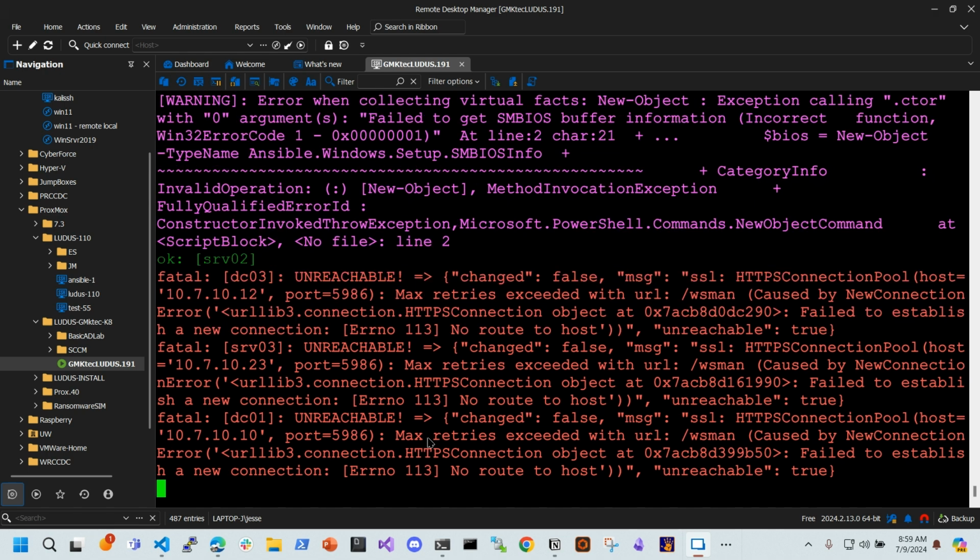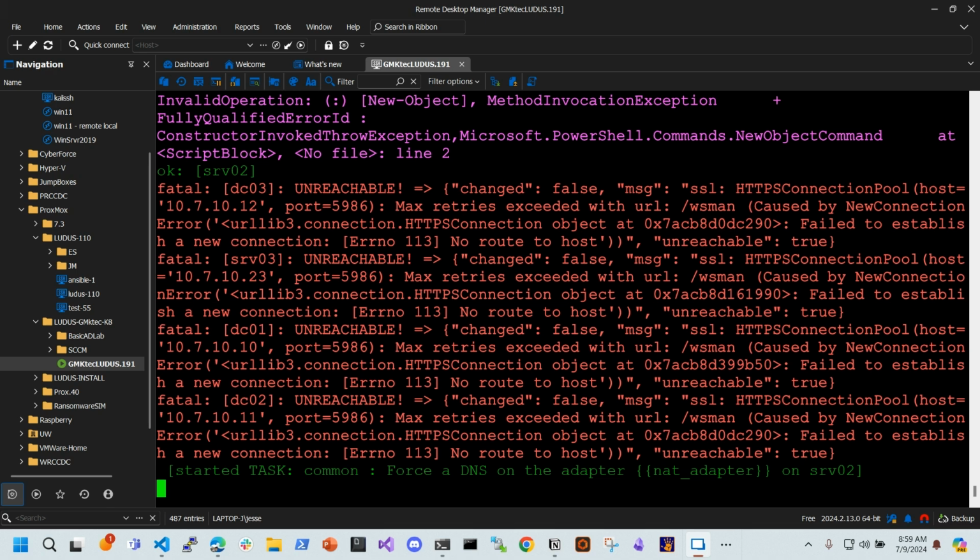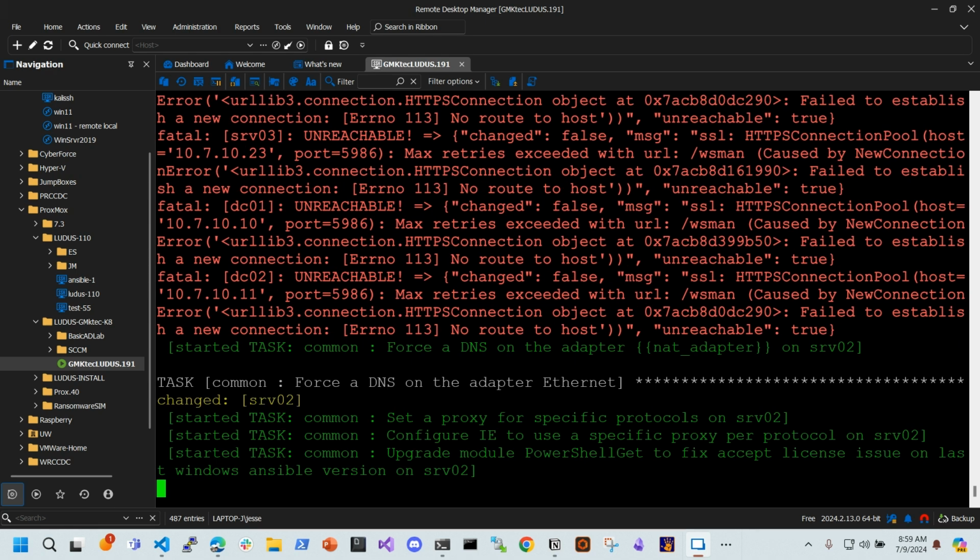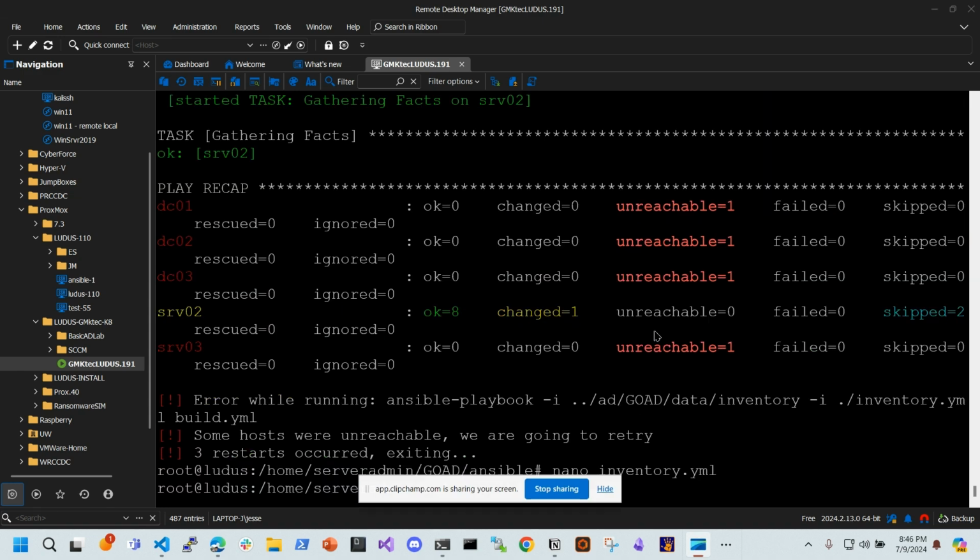Found 7. All right, well, I'm going to pause this and come back later to see what's going on. All right, let's see if we can figure this out. It looks like these are unreachable. So when I changed the default IP addresses, I probably